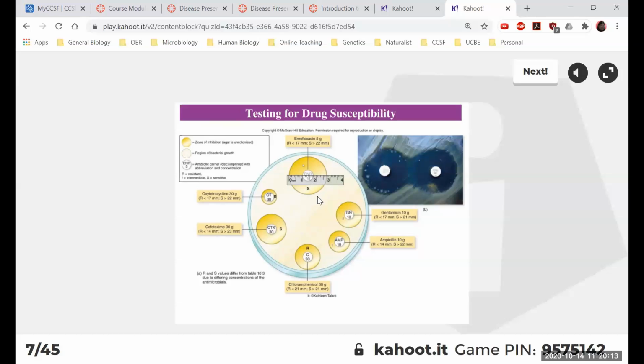The next day you come in and you use a ruler to measure the zone of inhibition. So if you have a very large zone of inhibition over here, for example, it's good because that means the drug is effective in inhibiting bacterial growth. If you have a very small zone of inhibition, it's not very good. That means this particular bacteria, E. coli, is resistant to this particular antibiotic. So you do not want to give the patient this particular antibiotic, and you want to give them something that's still working against the bacteria.